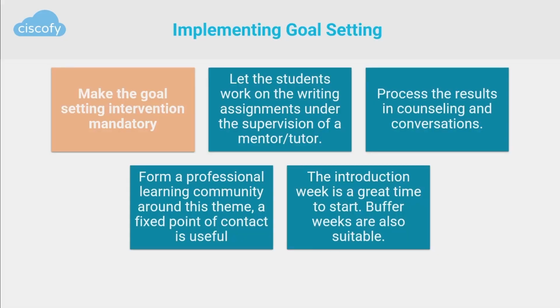So we've talked about the parts of the intervention, and what they look like, but then we want students to actually do it, right? We had 700 students in our school, and I thought, how can I make sure they all do it? Well, the easiest way is to make it mandatory. Because if I do not make it mandatory, only the best students will do it, and they will profit the least from this intervention. We want all students to do it, struggling students and good students, and we've seen that good students profit about 5%, and the least performing students can profit up to 50% of this intervention.